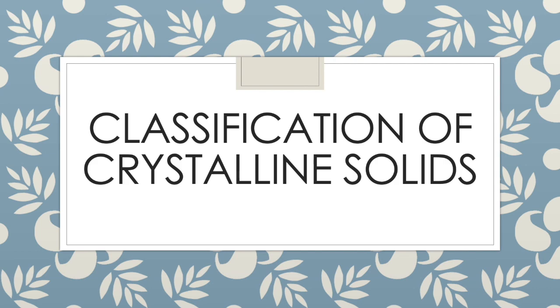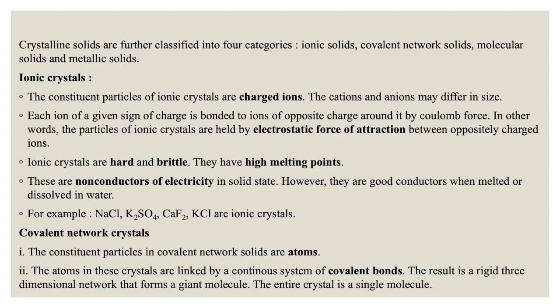Now classification of crystalline solids. Crystalline solids are classified as ionic solids, covalent network solids, molecular solids and metallic solids. Talking about first, ionic crystals. The constituent particles of ionic crystals are charged ions. Now here charged ion means they could be anions or cations, and the cation and anions always differ in size. Each ion of a given size of charge is bonded to the ions of opposite charge around it